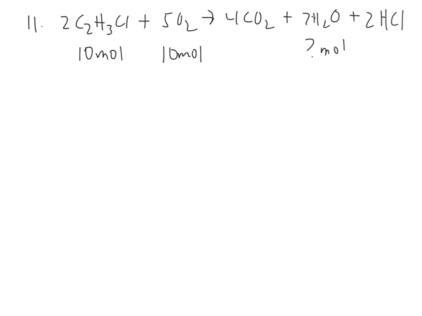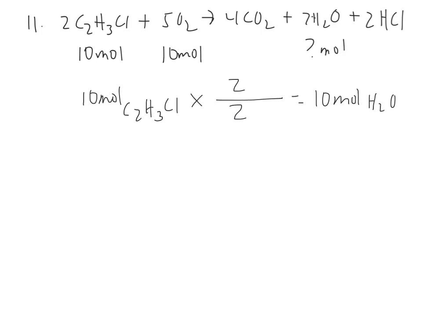it is for me. What I would do is I'd take the 10 moles of the C2H3Cl and see how many moles of H2O I can make. And I see that's a 2-to-2 ratio, so that would give me 10 moles of H2O. Whereas with the O2,